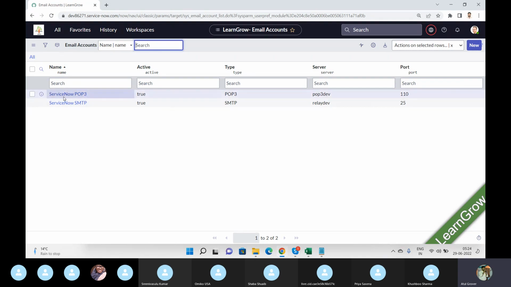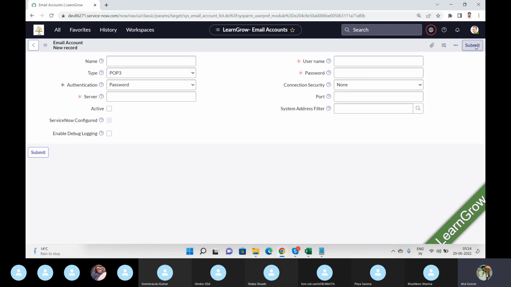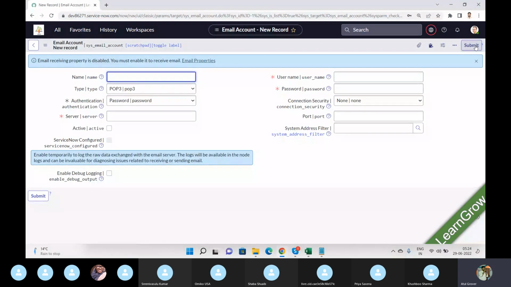So now what to say? ServiceNow POP3, ServiceNow SMTP. Let me show you how this can be created, because practically you have to create it if required. It says give me the name of this particular email account. Either you can send or you can receive, right? Nothing else you can do. Either you can send, or you can receive. So I can put